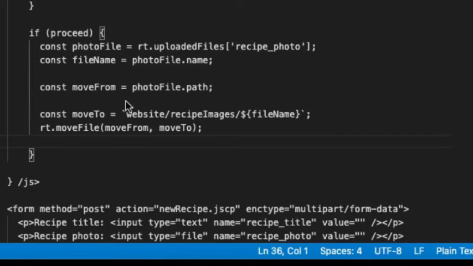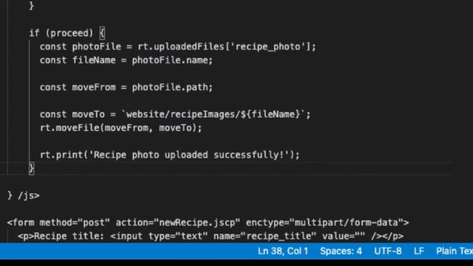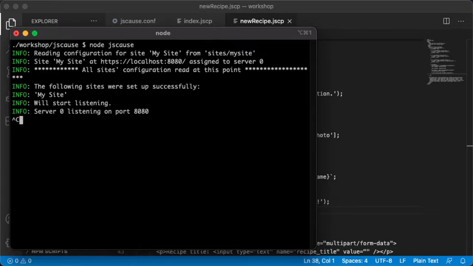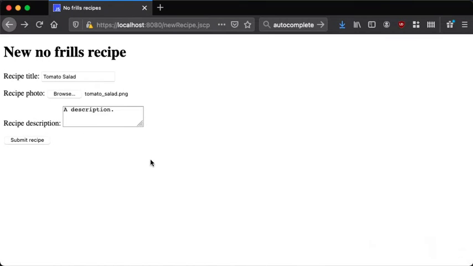So this command needs 2 parameters, the source and the destination. We have both. And after moving, let's inform the visitor with a message that the photo was uploaded successfully. So let's write that right here. And let's give it a try after writing this. There you go. So we save, we reload JSCause, we refresh the page,